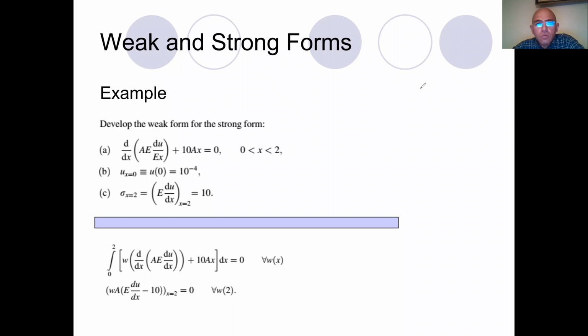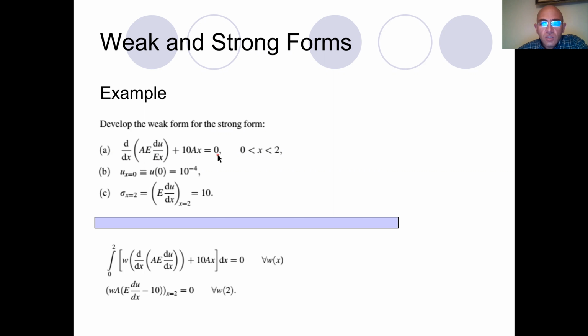Okay, now let's solve one example and let's obtain the weak form for a given strong form. We are given a problem, so d over dx, a multiplied by E du dx, so just correct it, it's wrongly written like this, plus 10ax is equal